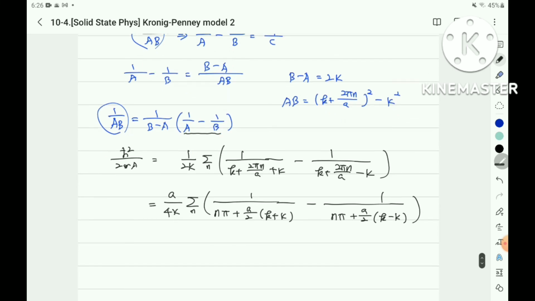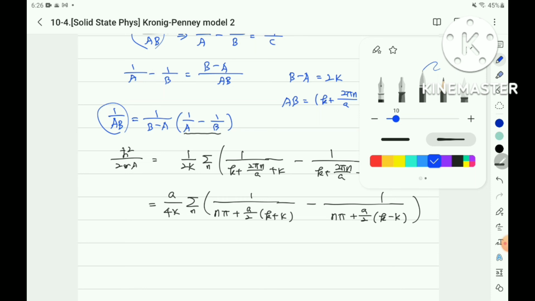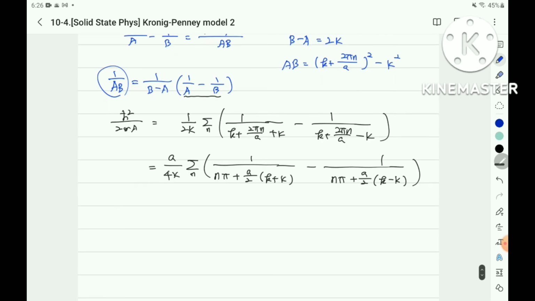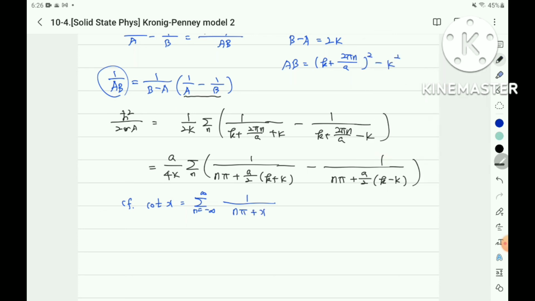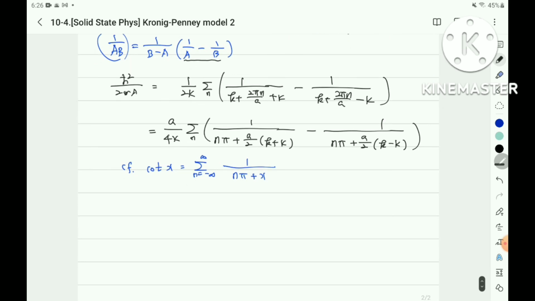Then here we should use the formula. Cotangent x is the summation for n from minus infinity to infinity of 1 over n pi plus x. It is a cotangent. I will use this mathematical formula, and then the result h bar square over 2ma is